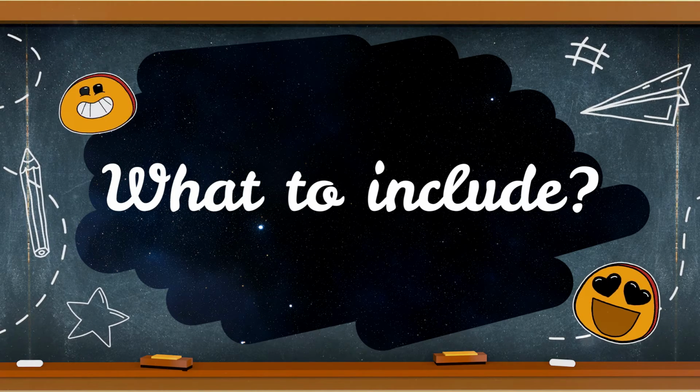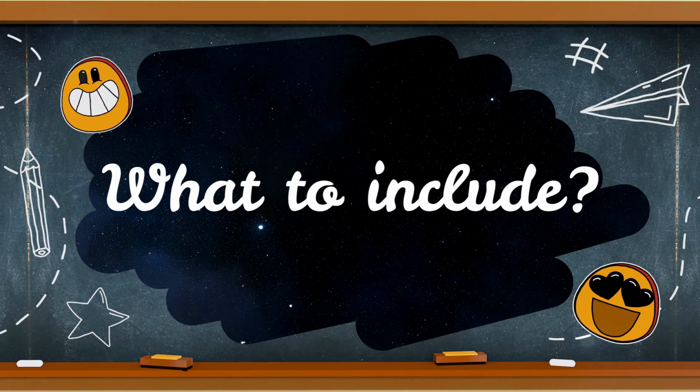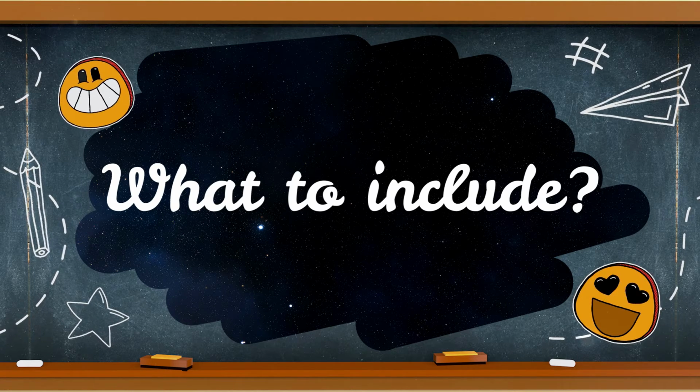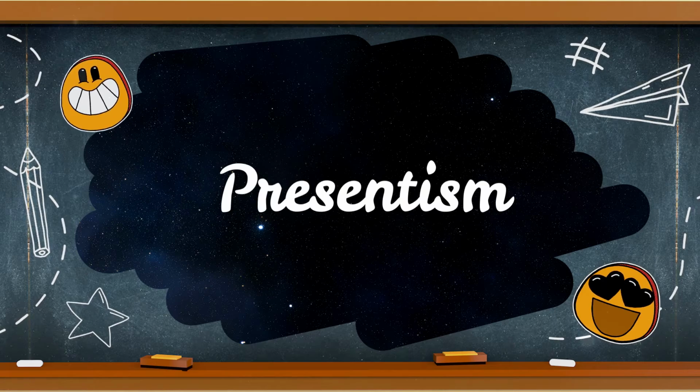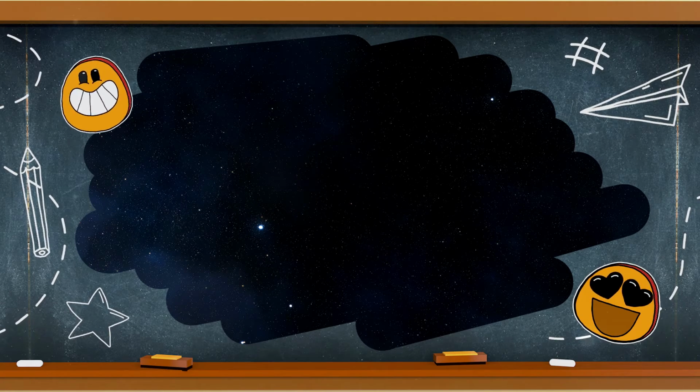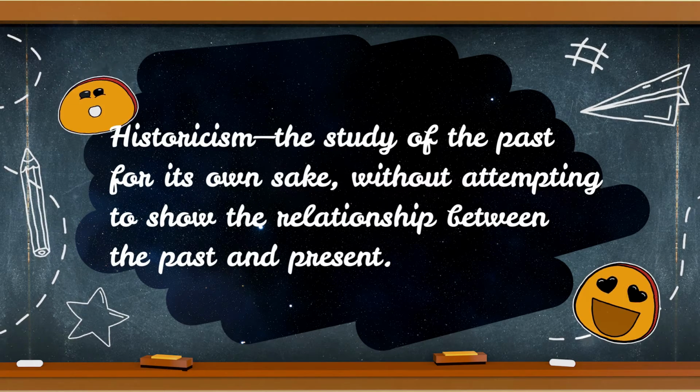This takes this approach by looking at the way psychology is today and then attempting to show how it became that way. There is at least one major danger in using the present state of psychology as a guide in writing its history. However, Stocking in 1965 calls such an approach to history presentism, as contrasted with what he calls historicism, the study of the past for its own sake, without attempting to show the relationship between the past and